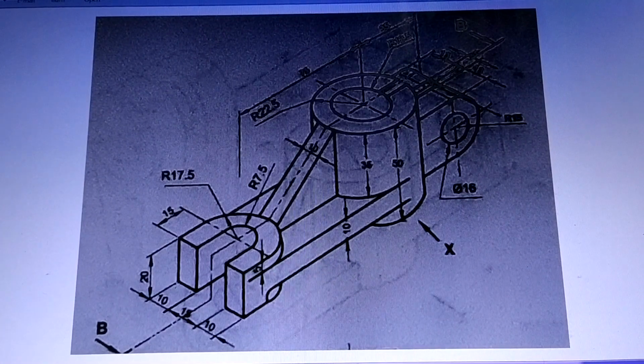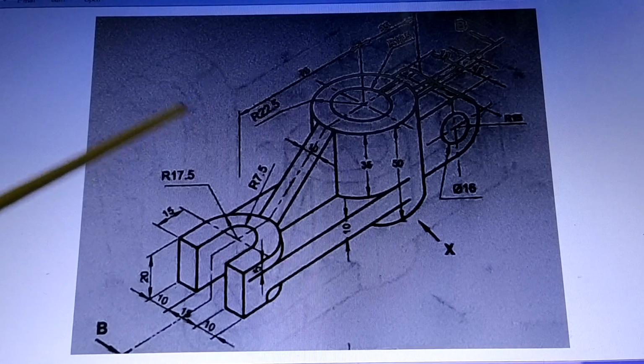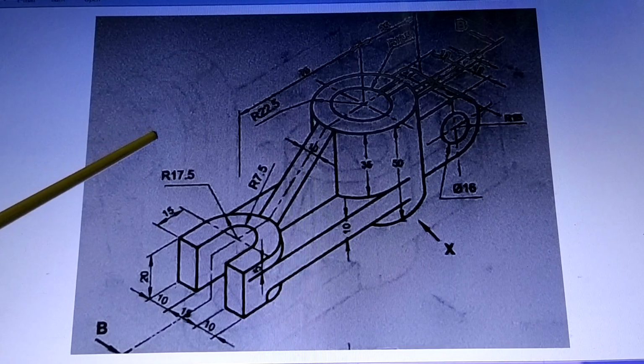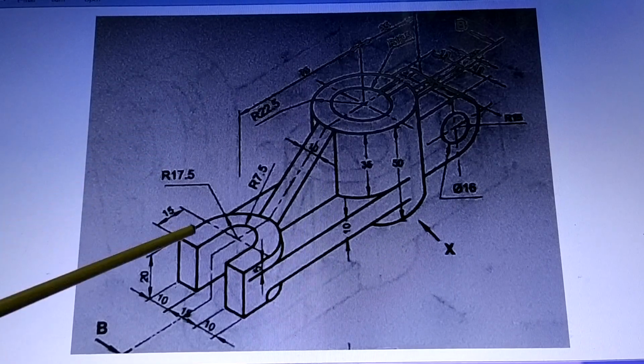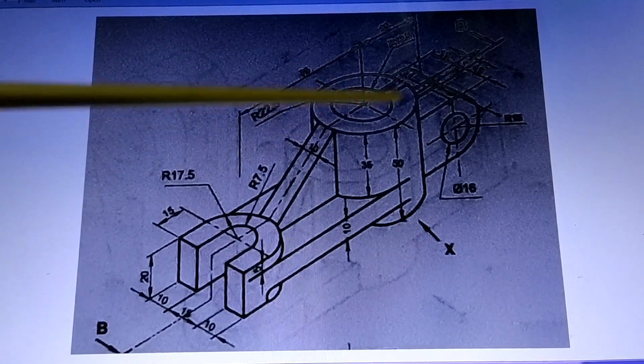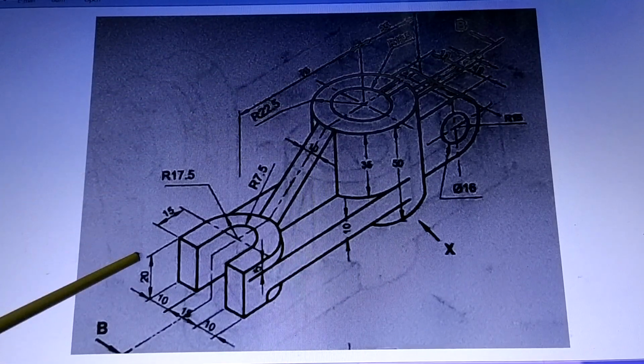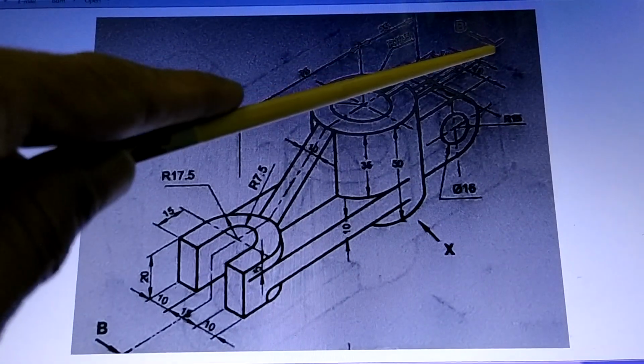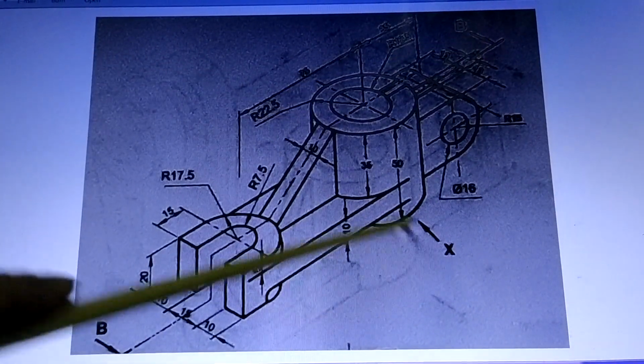Okay, so now we have learned different types of sections. Now we are going to have some practical exercises. So for today's lecture, the work which we have to do, this is problem number 1. The object is shown, dimensions are there, and you have to draw the sectional front view once you take the section from this B. Okay, section BB, the arrows are shown reversed, they should be the other way because you are looking in this direction.